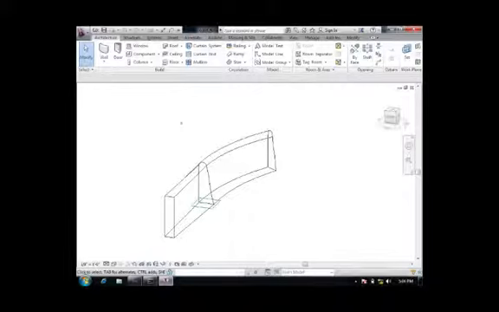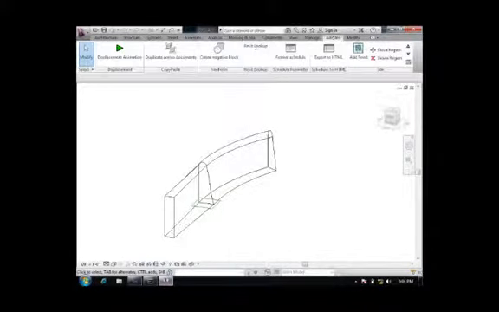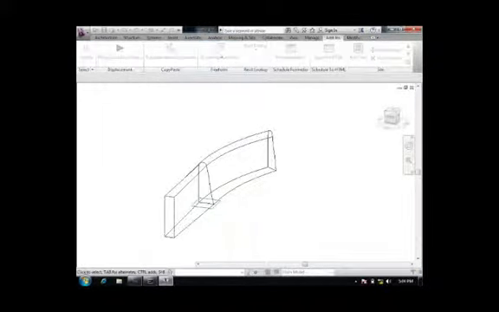This demo shows how geometry can be created, solid geometry, from a set of input boundary curves, and also how the Boolean operations can be used in the project environment. I have a wall here, which is irregularly shaped, as you can see, and a set of boundary curves defined by model lines. I'll go to my Add-ins tab and launch my FreeForm Create Negative Block add-in. It is prompting me to select the target element, so I'll pick this wall, and then select the boundary. So I'll go and pick these lines one by one